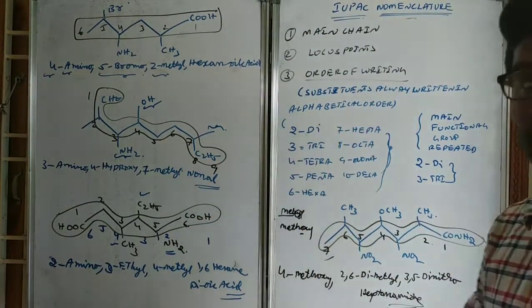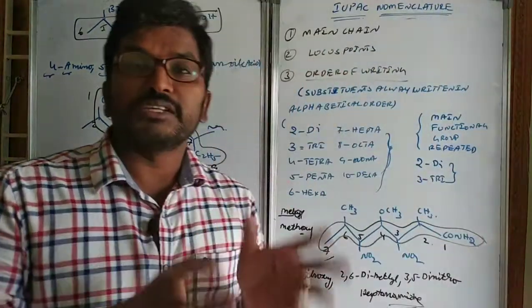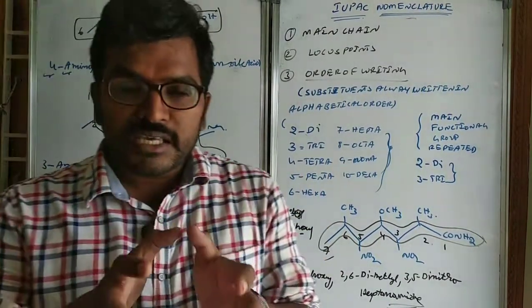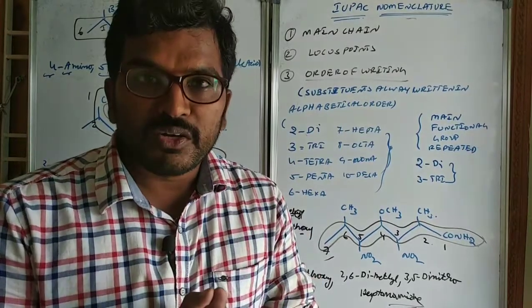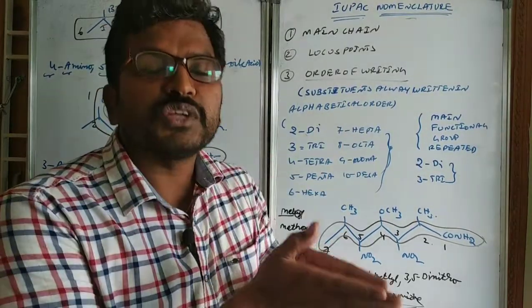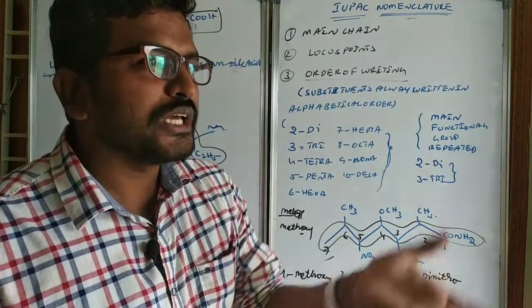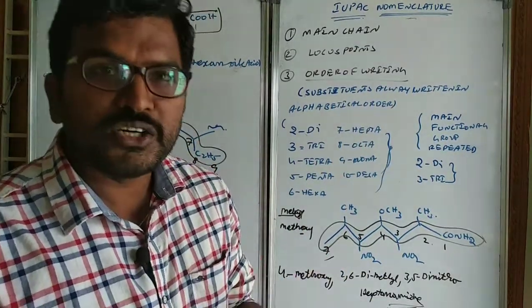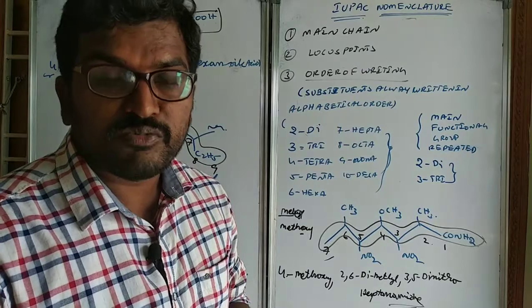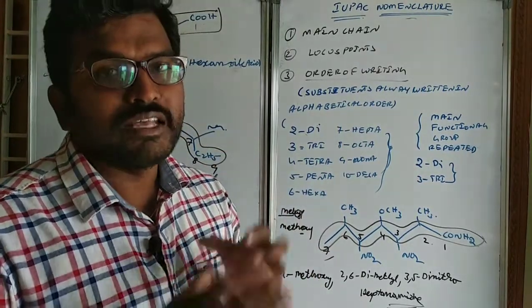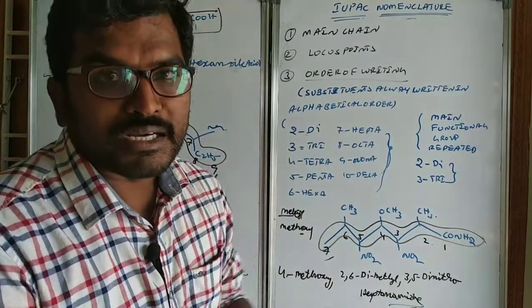That is the thing regarding IUPAC nomenclature. This is about organic IUPAC nomenclature part 2. In part 3, I will explain about the naming of bicyclo compounds, spiro compounds, and some exceptional compounds, such as when terminating functional groups are more than 2. Up to 2 you can do easily, but whenever 3 or 4 are there, there is a different procedure you have to follow. I will explain those things in part 3.